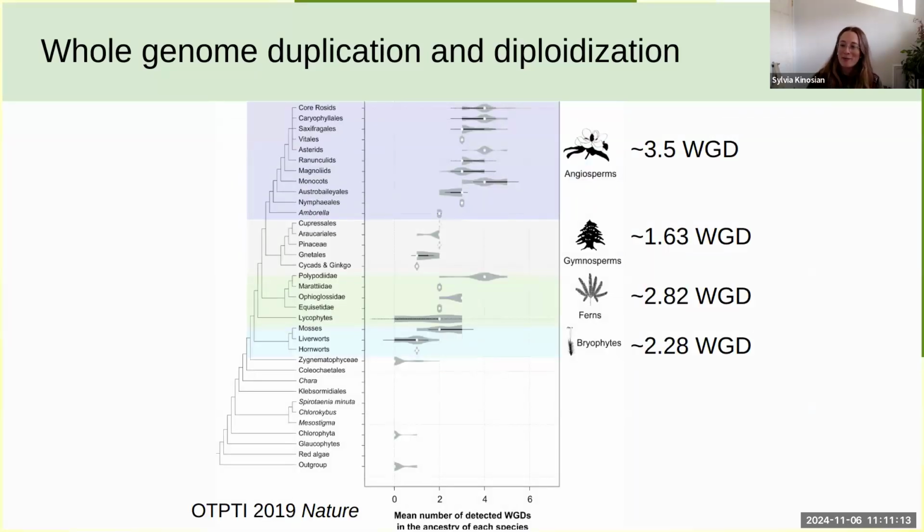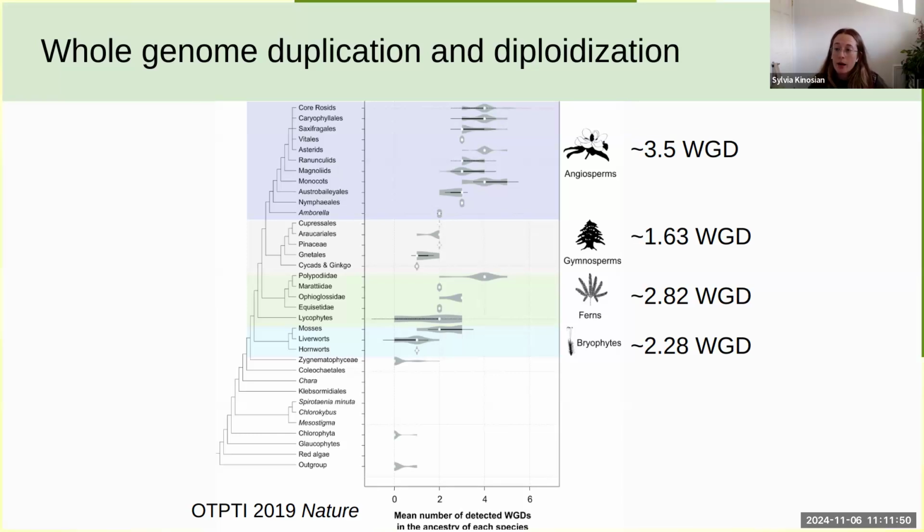So I'm going to jump ahead, much more recently, to when we first started to get transcriptomes and genomes to understand how plant genomes change over time. And a hypothesis that was proposed was that perhaps ferns have more rounds of whole genome duplications than angiosperms, which may explain their high chromosome numbers through this sort of upward spiral of chromosome numbers over time. But through this work, so this is a figure from 1KP, and these numbers have also been